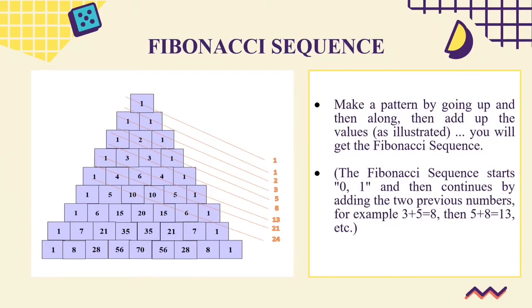If we make a pattern by going up and then along, then add up the values as illustrated, you will get the Fibonacci sequence. The Fibonacci sequence starts 0, 1, and then continues by adding the two previous numbers. For example, 3 plus 5 is equal to 8, then 5 plus 8 is equal to 13. So to discuss further, we will use